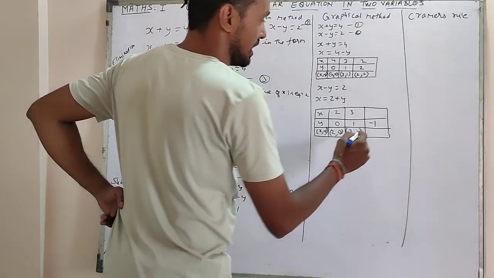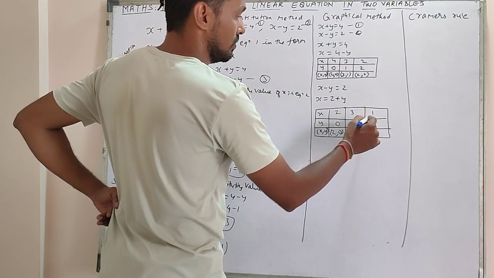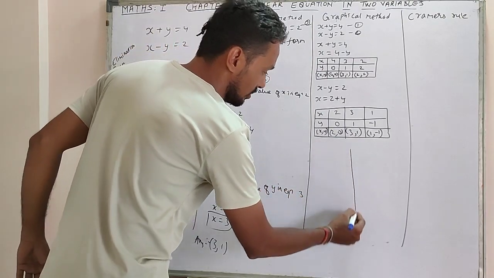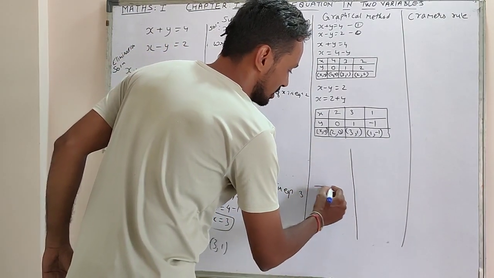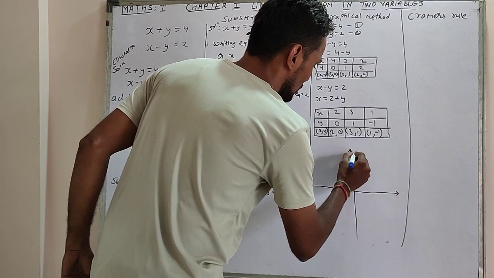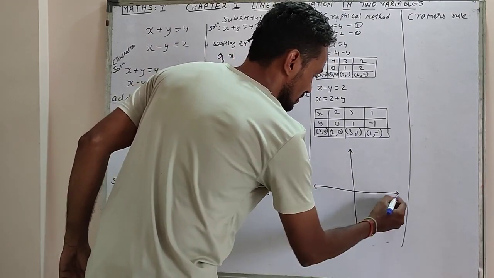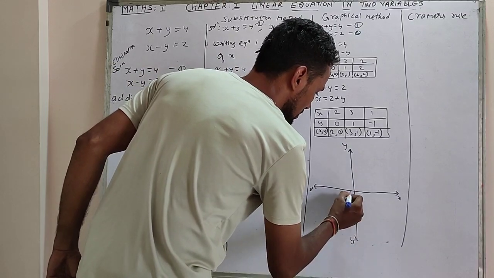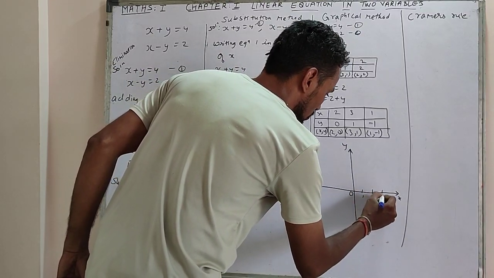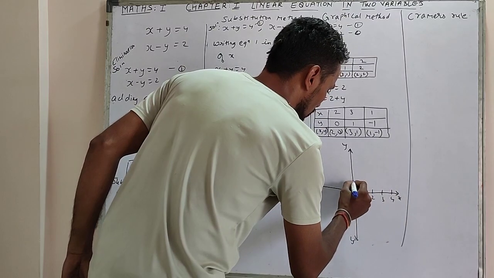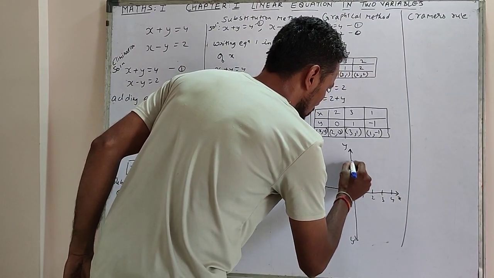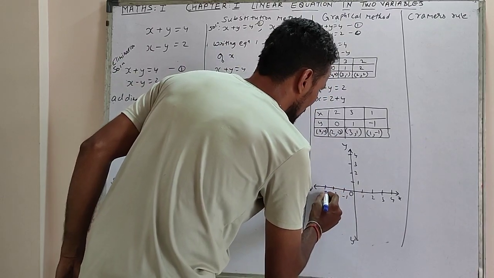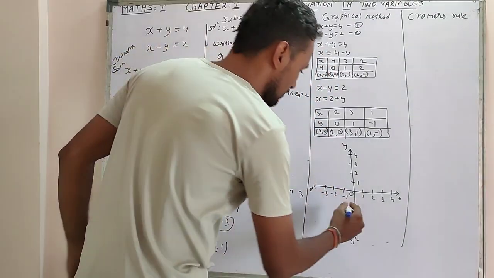Next I will take it as minus 1. So what will be 2 minus 1? 1. So this is 1 and minus 1. I am going to plot this here only. Right now I do not have any graph paper. It's just an introductory lecture. So, x, y, x dash, y dash, 0, 1, 2, 3, 4, 1, 2, 3, 4, minus 1, minus 2, minus 3. Y, I think that is more than enough.